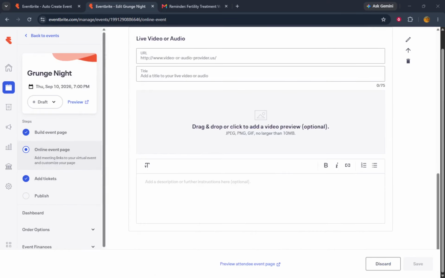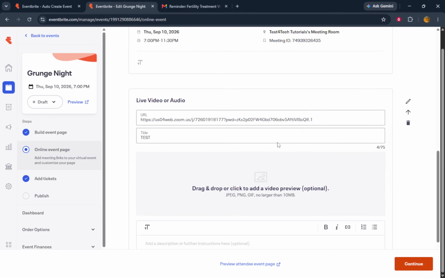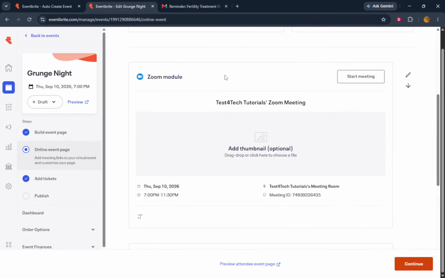Now, you might be wondering why we use the online event page. Well, this page is specifically designed for registered attendees. It securely displays your Zoom link along with any other resources like live stream links and files. Attendees will receive a link to this page in their confirmation and reminder emails. This feature ensures that only those who are supposed to attend can access the event details, adding an extra layer